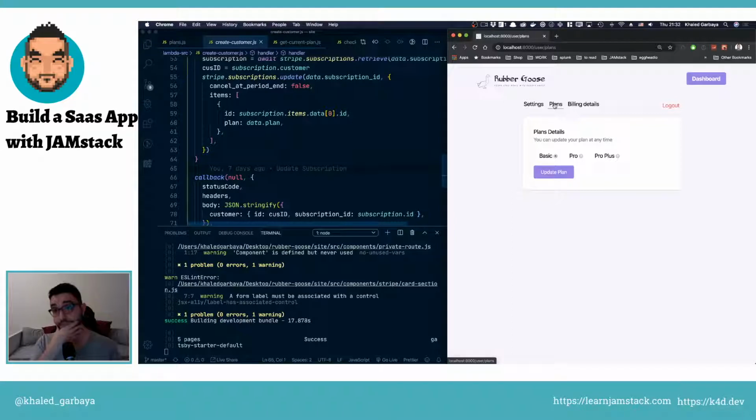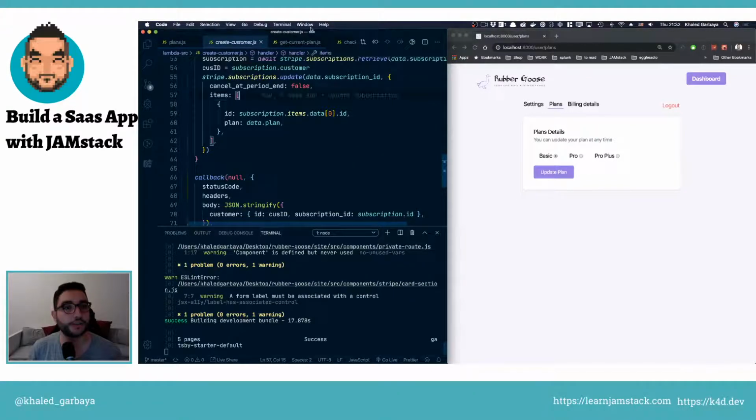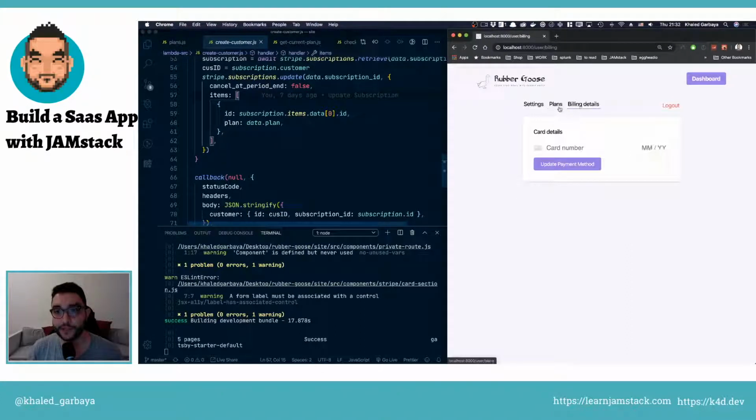Yeah, this looks good so far. I think last time we had billing and plans in one place, but we want to change it. So the billing details